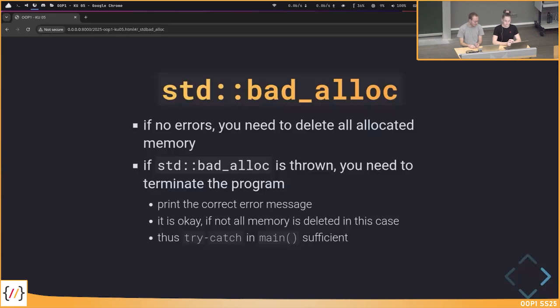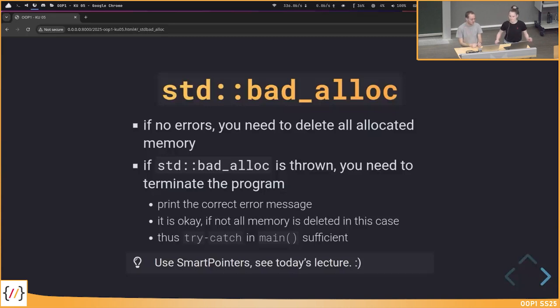And it is then enough that you just have a single try catch in the main function. So put all your code in the try block and then catch the bad alloc exception. And then basically nothing else should be necessary in this case. Or, and this is much better probably, use what you learned in today's lecture, use the smart pointers.